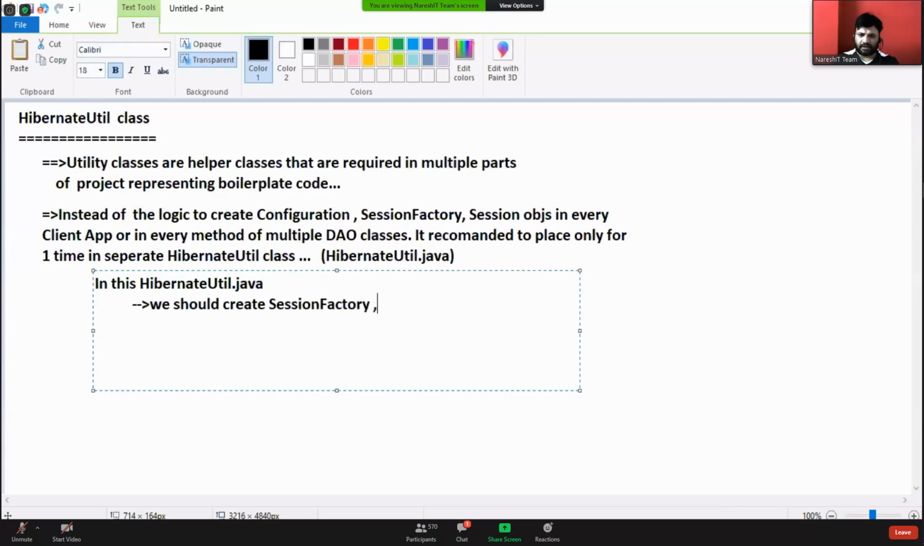session factory, configuration objects, one per database software in the entire application. Super. We should create session object